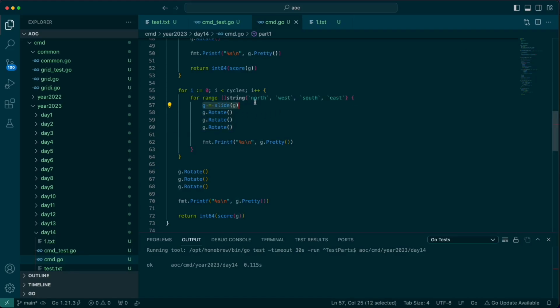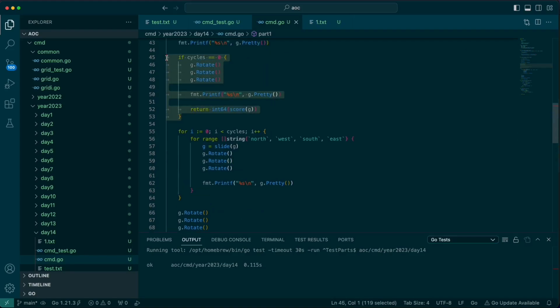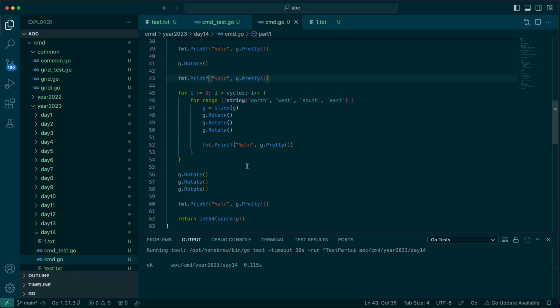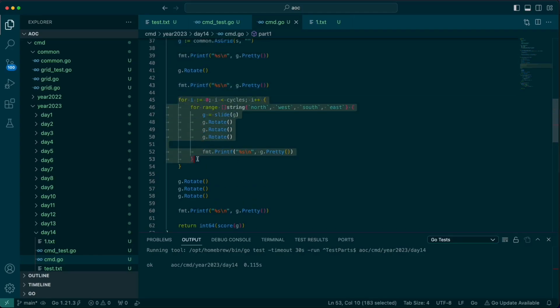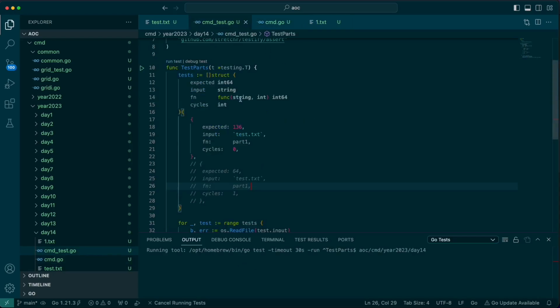We slide, we rotate to south, we slide, we rotate to east, we slide, we rotate, and then we're back north again. So we're always north when we get in here. So what that means is I don't need this actually, because this will only go if we have cycles greater than 0. So if I run this again,